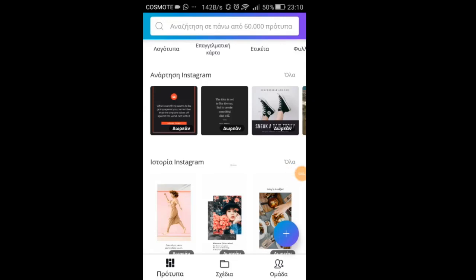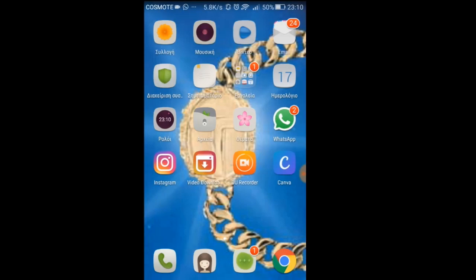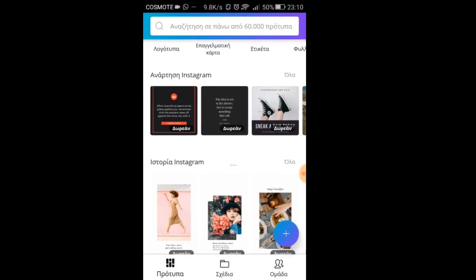Welcome to this video, and in this one I'm going to show you how to use a specific application that you can find in Google Play Store called Canva. That is actually this one over here, so that you create good quality, high quality pictures for Instagram, and you can actually post them there and create